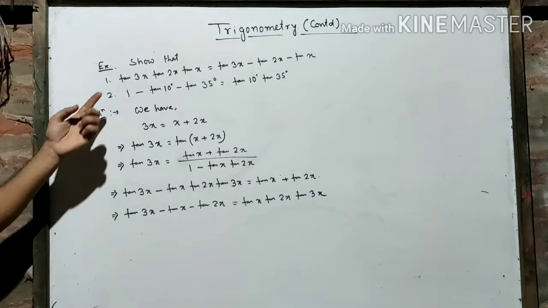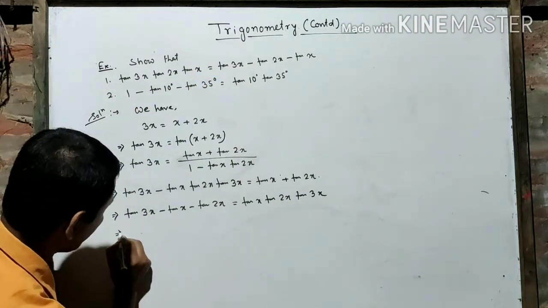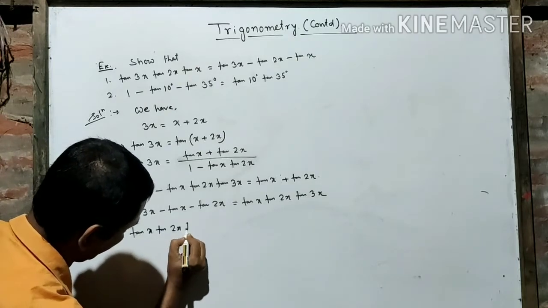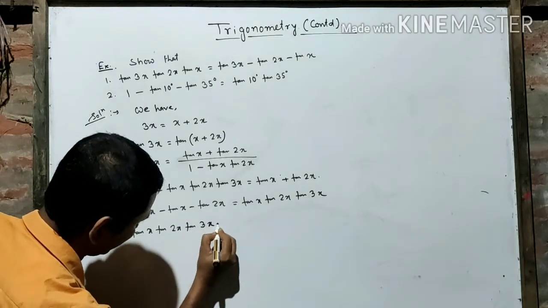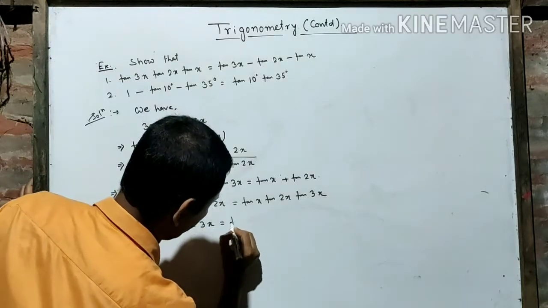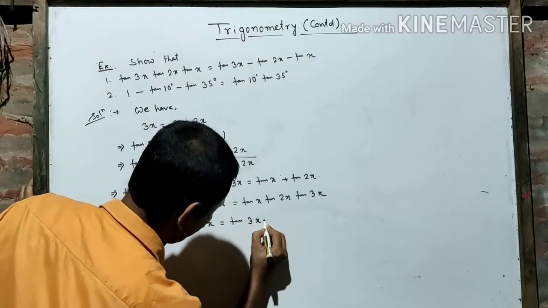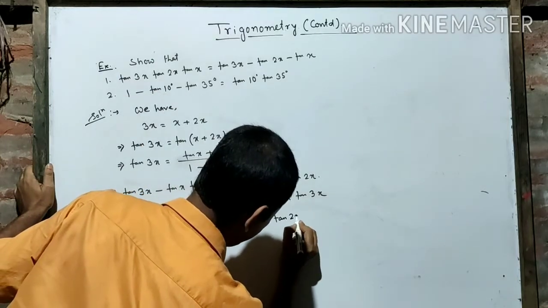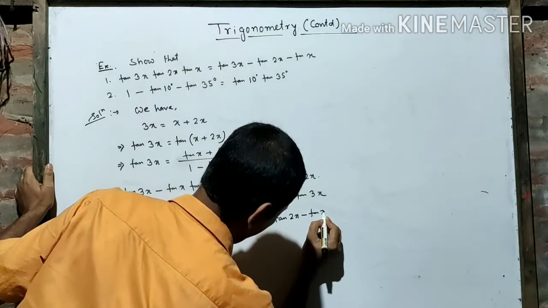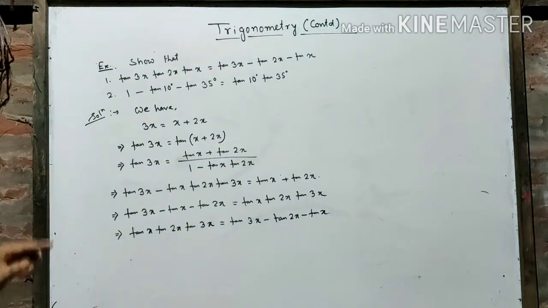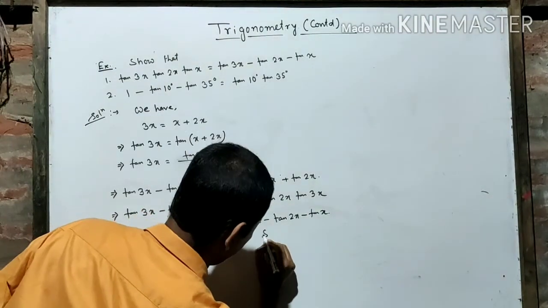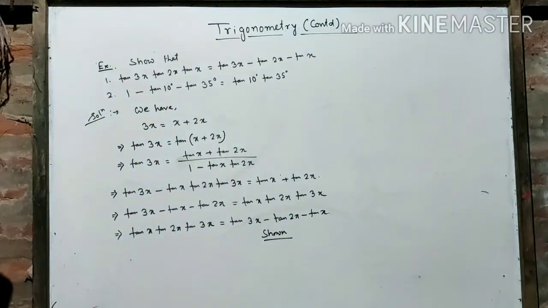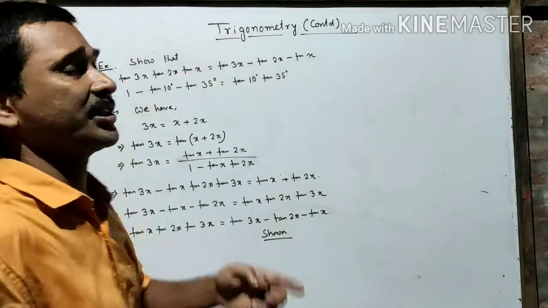Okay. So we have done. This implies tan x into tan twice x into tan thrice x is equal to tan thrice x minus tan twice x minus tan x. Arrange it as in the question. Then you can show that we have shown it. Always leave it as it is asked to be shown in the question.